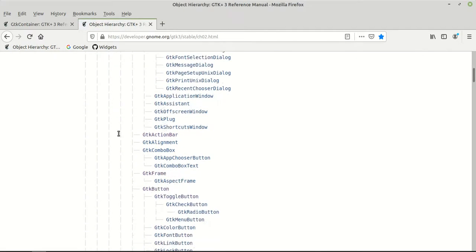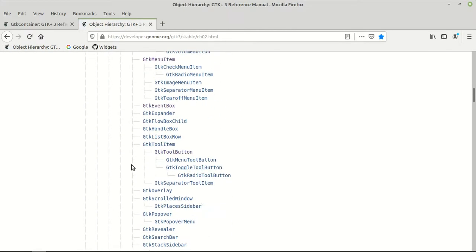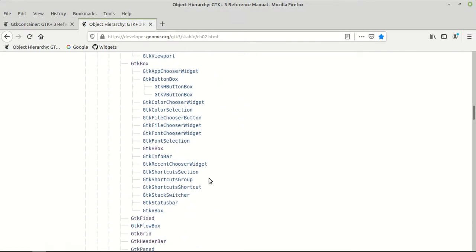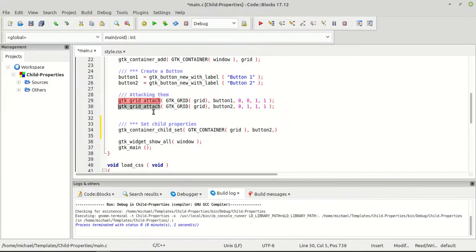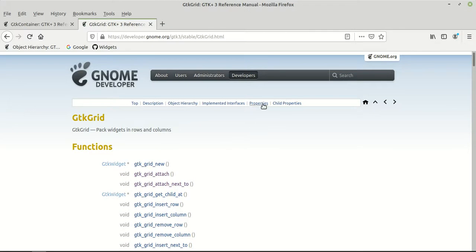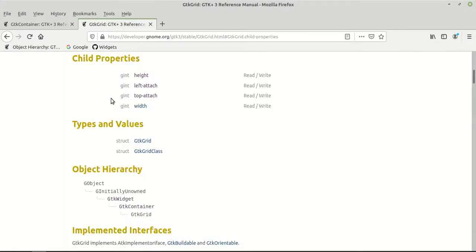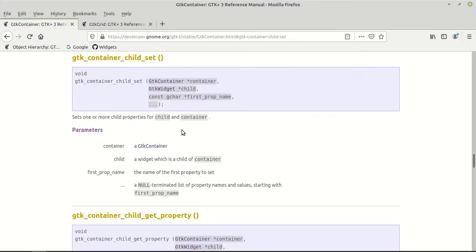So I'm going to search for GTK grid. It is right here, and the GTK grid docs say here's the function GTK grid attach, which we are using right here. And as you can see, it has properties and child properties, and those child properties are quite few, only 4: the height, left, top, and width. Which, if you pay attention, these 4 parameters correspond to